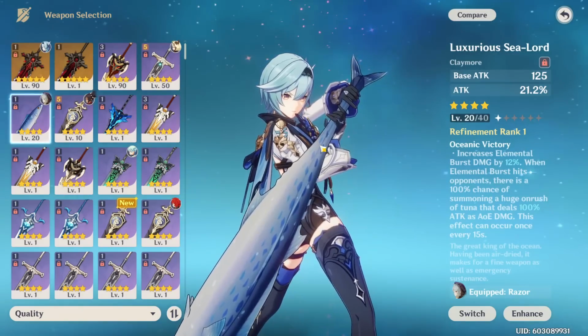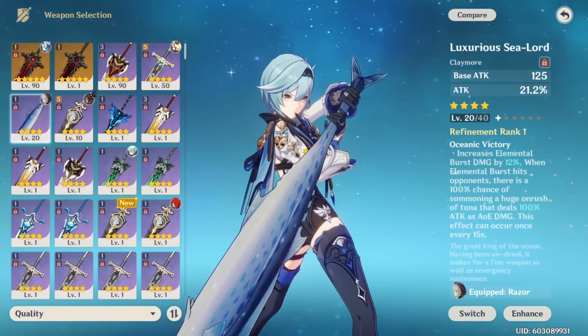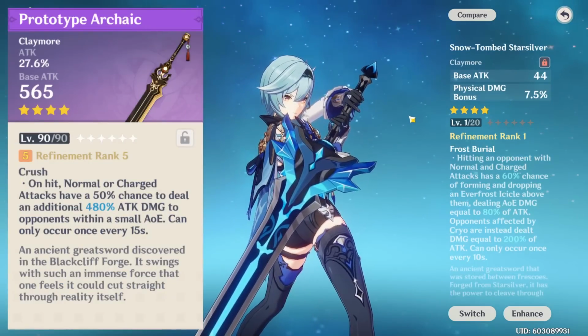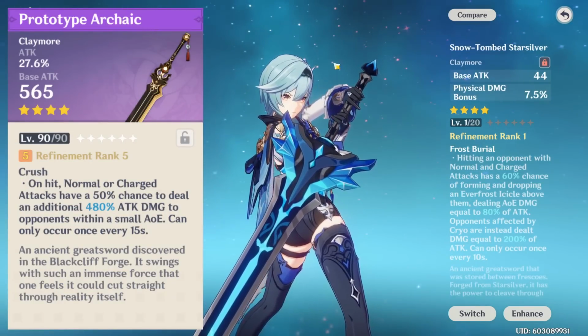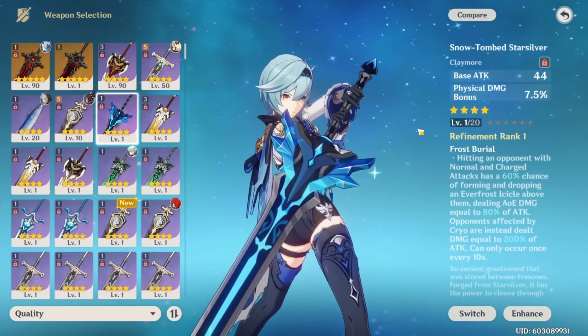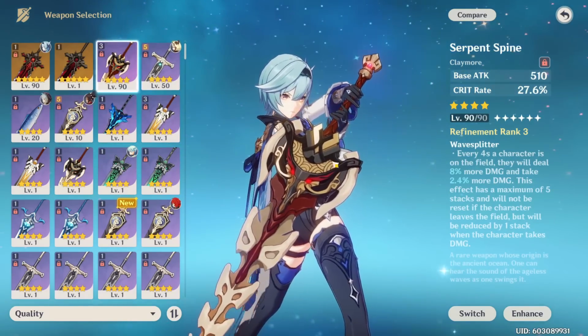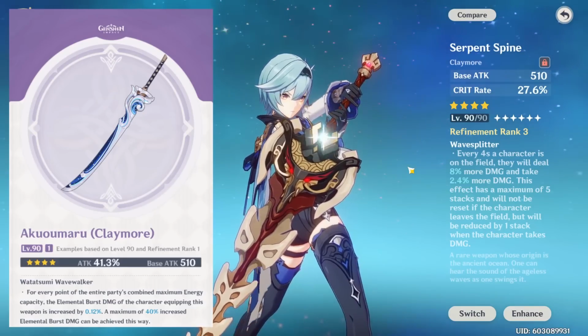Before I move on to better options, I do want to say though that if you're a free-to-play player and you don't have the Luxurious Sea Lord, Snowtomb Star Silver or Prototype Archaic, both of them being very similar in DPS, can also be viable. Now for Eula's best weapons, there's actually a lot of really good ones. In terms of the best 4 stars, Serpent Spine, especially with Refinement, and Akumaru are both amazing and are definitely